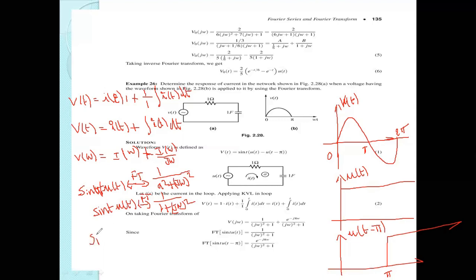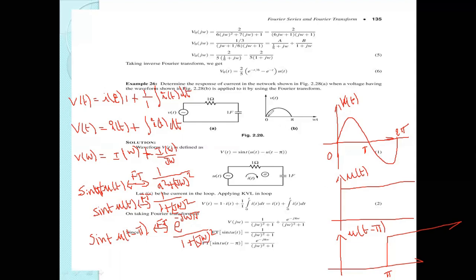Similarly, the sine t step function is shifted towards the right side by pi samples. First of all, you can write the time shift. Shifting means it is multiplied with e power minus j omega into the number of samples it is shifted. The t naught samples means t naught, which is pi. So e power minus j omega pi, and this Fourier transformation is a square plus j omega whole square, where a square is 1 square plus j omega whole square. These are the 2 functions we got from the v of t. Then by adding these 2 functions, the sine t mu of t and the sine t mu of t minus pi,